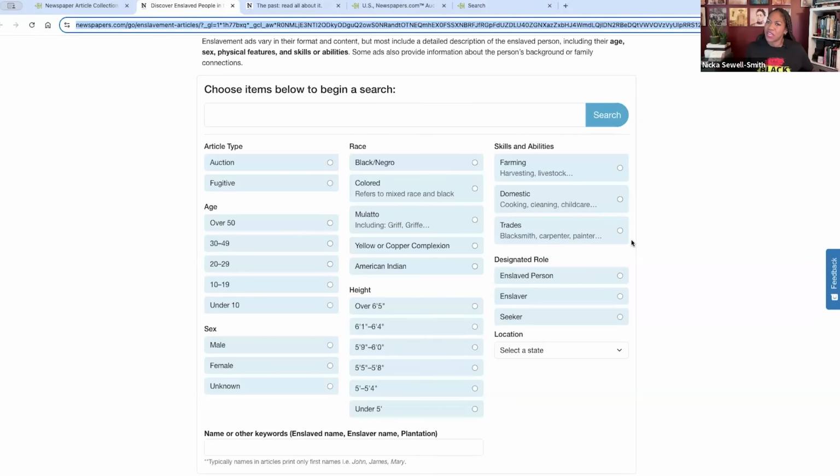Some of you may be like, how do they know? Because it's mentioned in the article. This is why this is such an important collection, because instead of just getting a name and an age and a dollar value, you're actually getting qualities and characteristics of these folks so that you can dig more into their lives. What was it like to be an enslaved blacksmith? What was it like to be an enslaved carpenter or a painter or a domestic? What was that like? You can also search by designated role as an enslaved person, enslaver, or seeker,